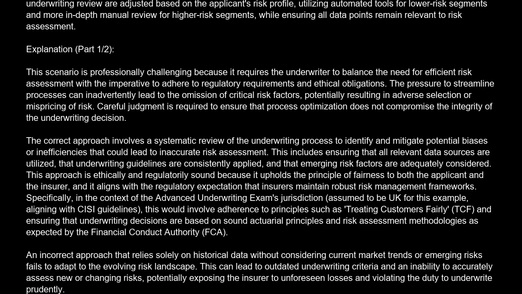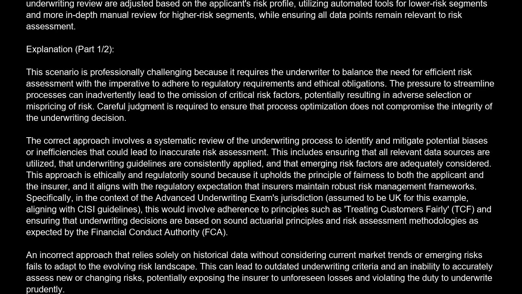Explanation: this scenario is professionally challenging because it requires the underwriter to balance the need for efficient risk assessment with the imperative to adhere to regulatory requirements and ethical obligations. The pressure to streamline processes can inadvertently lead to the omission of critical risk factors, potentially resulting in adverse selection or mispricing of risk. Careful judgment is required to ensure that process optimization does not compromise the integrity of the